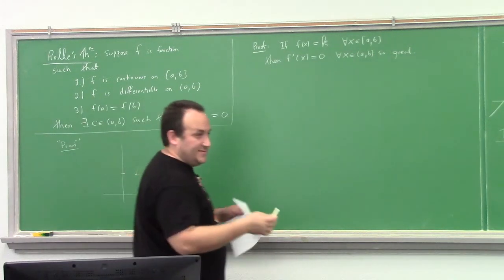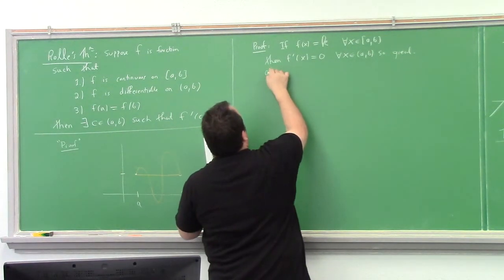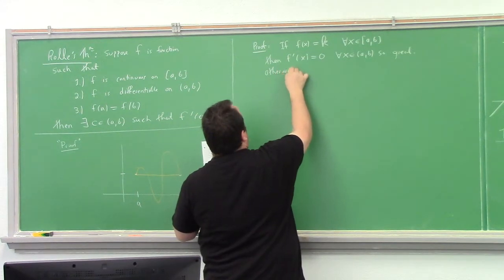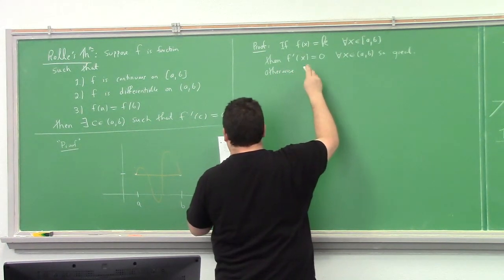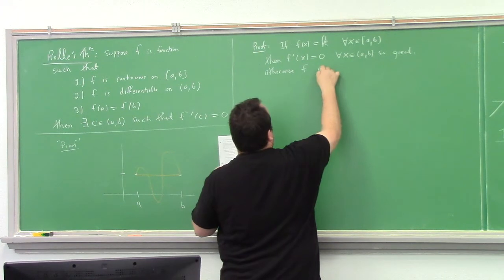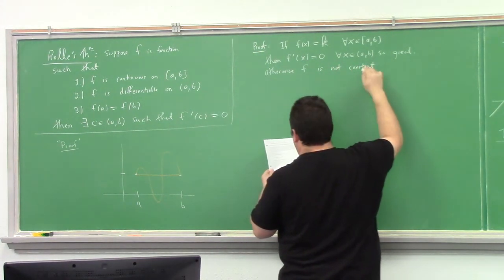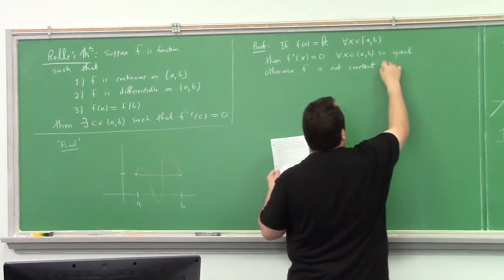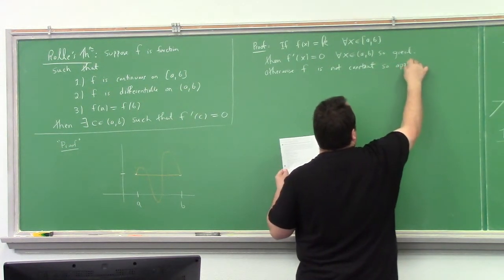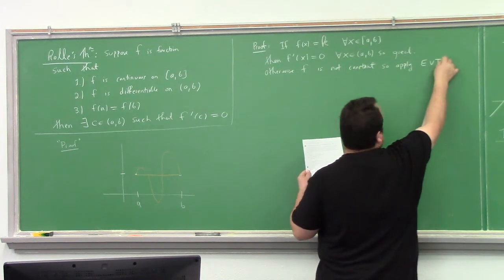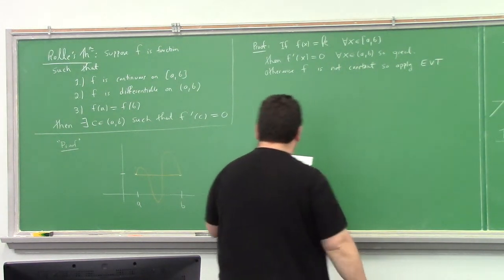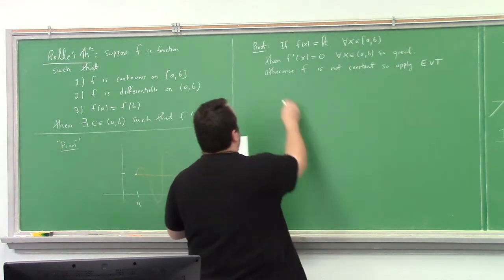So suppose otherwise. Otherwise, f is not constant. All right, so apply the extreme value theorem. That one. All right. Then there exists,